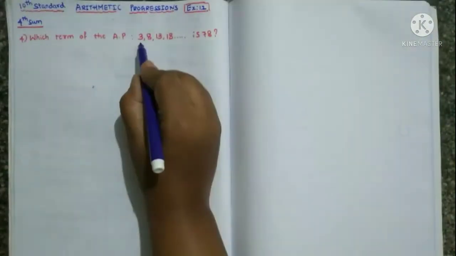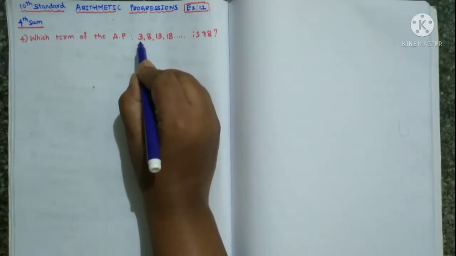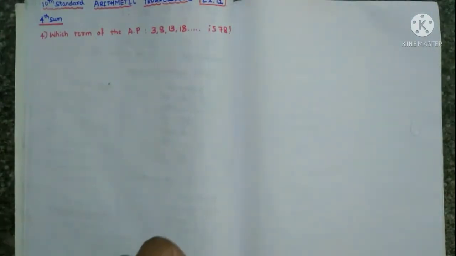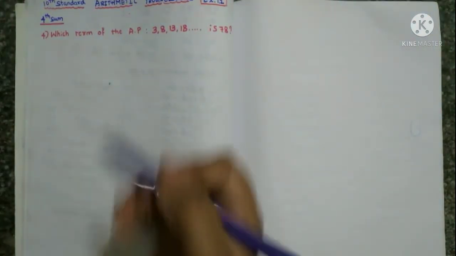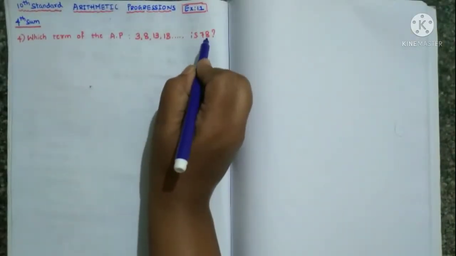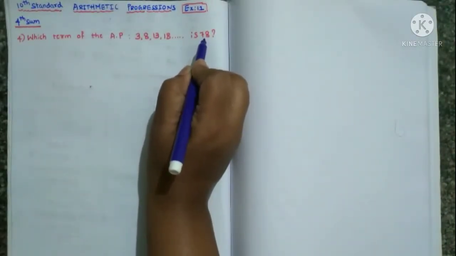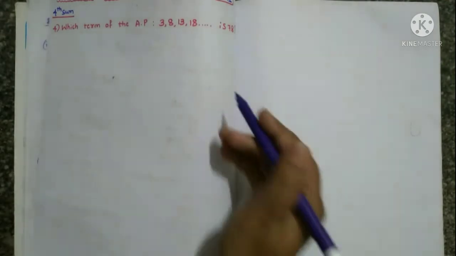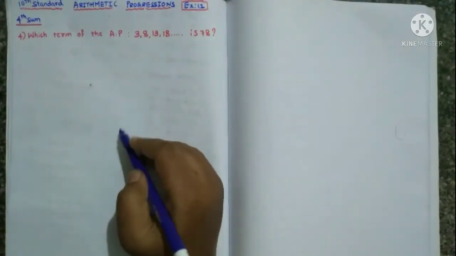Here this is the first term, means n is 1 here. Position of the 3 is 1, first place. So n is 1. Which term of the AP is 78, they ask now. What is the position of this 78? What is n we have to find here. This 78 is the an here. So if they ask which term of the AP, you have to find the n here, and using the an formula only.